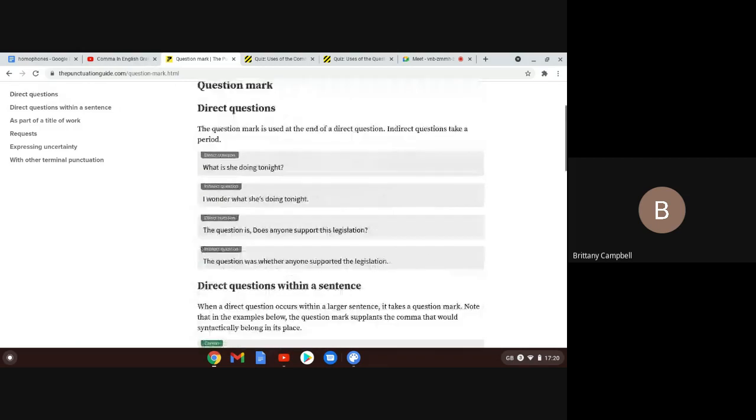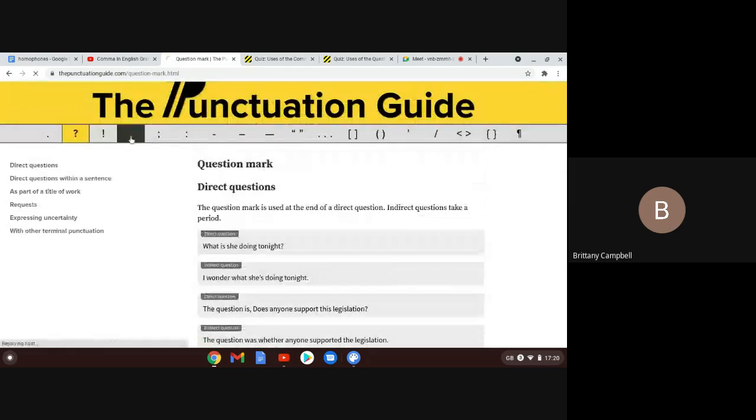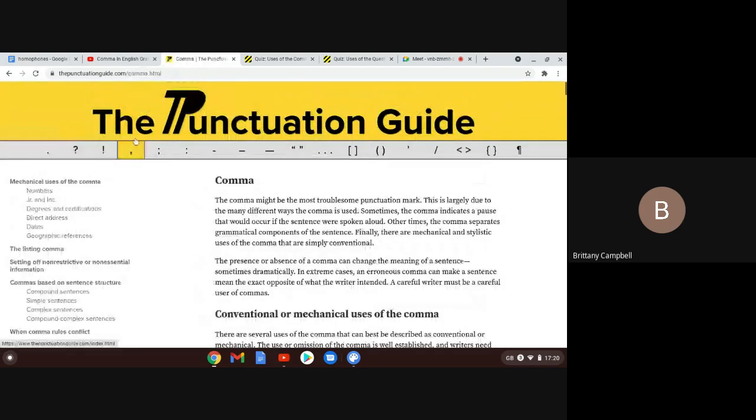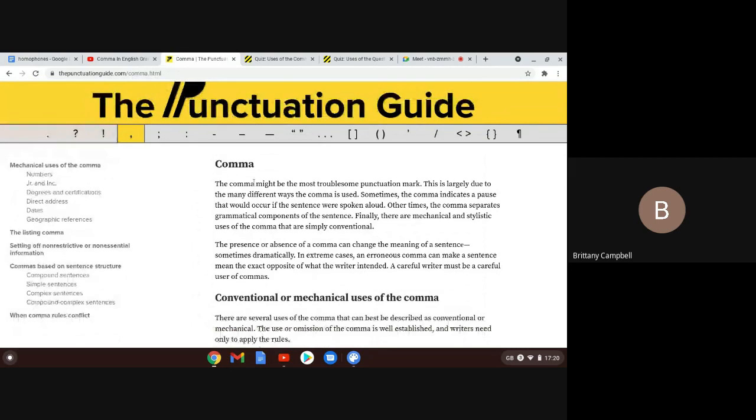So let us look now at the comma. The comma sometimes we confuse it. As it says, the comma might be the most troublesome punctuation mark. You realize that the most troublesome punctuation mark, and this is largely due to the many ways that the comma is used. So you realize that we have different ways, different rules to apply the comma. Now,